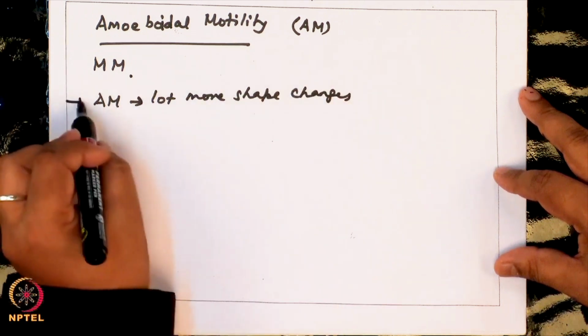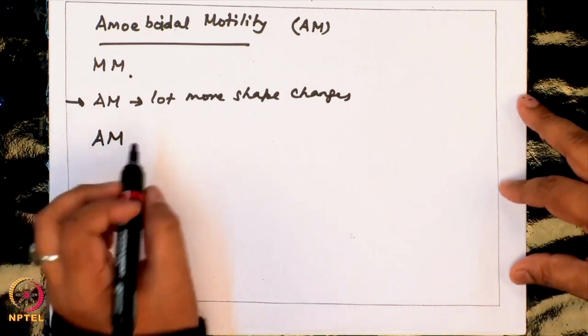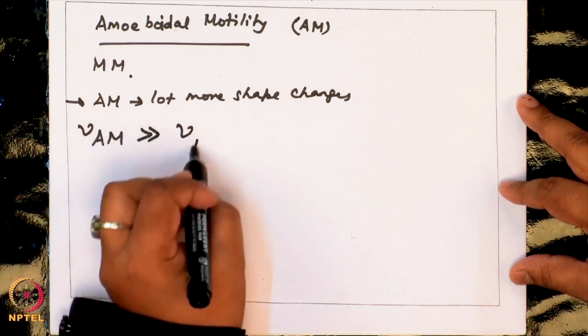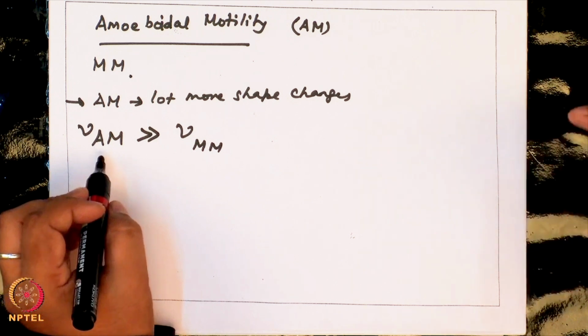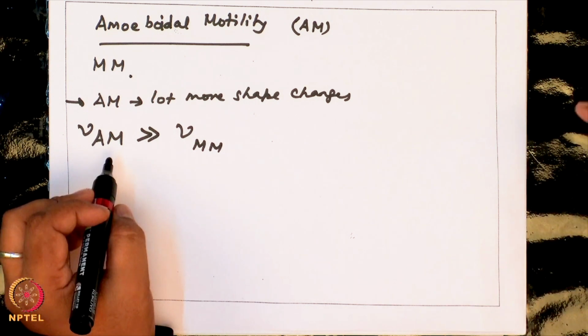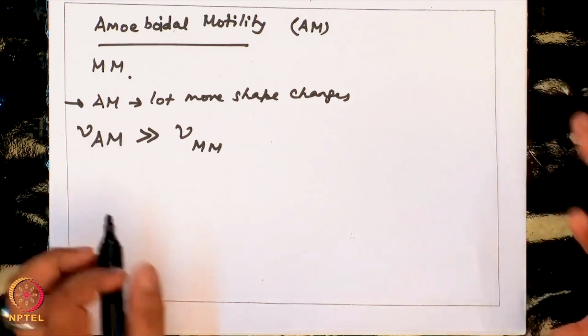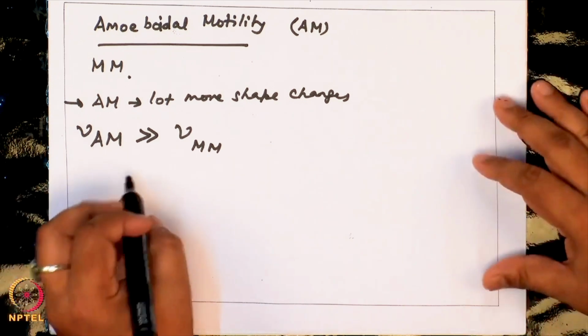Amoeboidal migration is characterized by cell speed, so V_AM is typically much greater than V_MM. In amoeboidal motility, cells might migrate 100 times faster than mesenchymal cells. Then I said we would look at the different modes of amoeboidal motility, and in that regard, in